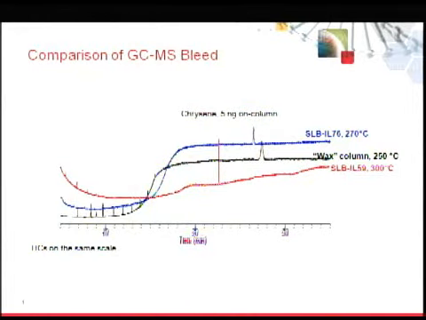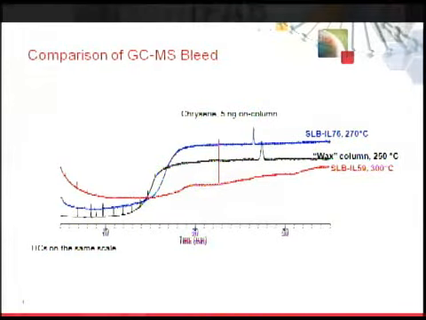That number designates a polarity in the mid-range of the overall polarity scale for GC phases, but it's very similar to a polyethylene glycol phase, your standard carbowax phases. And people that do this are very familiar with the temperature limitations of carbowax phases, along with the background that you see on a GCMS application. So we've developed a number of different phases, and I'm just showing 2 here, the SLB-IL59. Again, it has a PEG-type polarity, but we have a maximum temperature of 300 degrees C. Most polyethylene glycol phases, like the wax example I show here, only have a maximum temperature of 250 degrees. And then I also show a higher, more polar ionic liquid phase that has a max temperature of about 270.